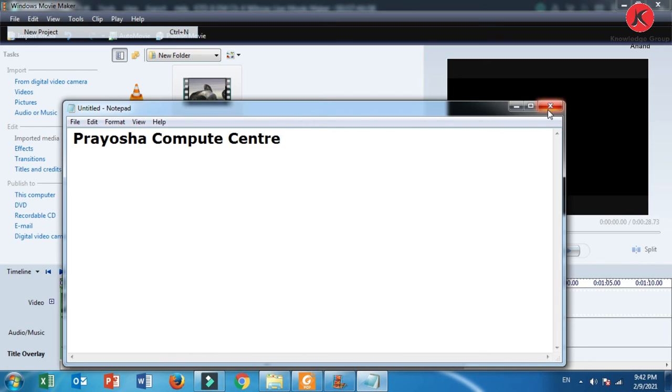After this I'm going to solve the exercise of this chapter. Now first, fill in the blanks. To add a photo, click the Home tab. The Open Project option is available on the Movie Maker tab. When you select a video, the Edit tab appears under Video Tools. On selecting the text, the Format tab under Text Tools appears, so the answer will be Format. A project in Movie Maker is saved with the extension .wlmp, Windows Live Movie Maker project.